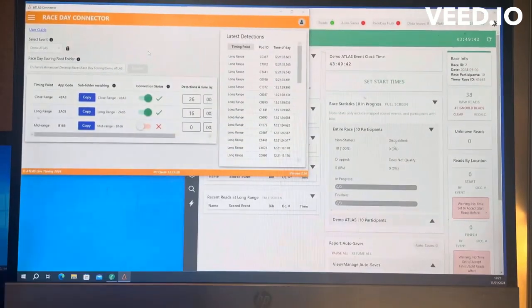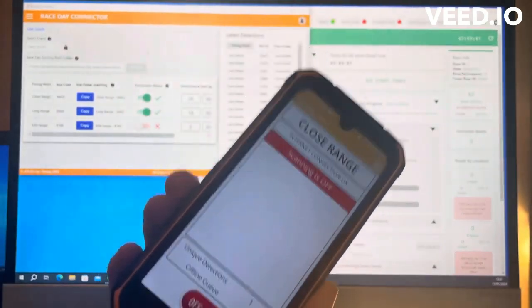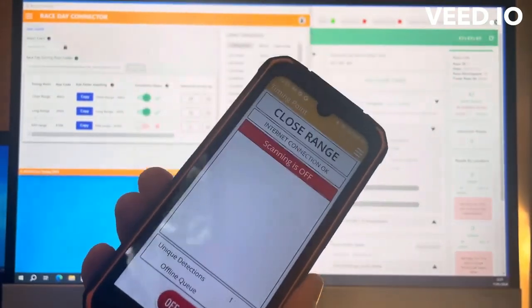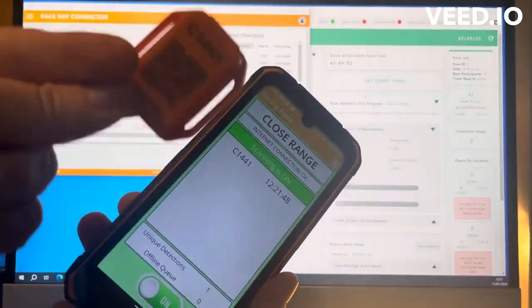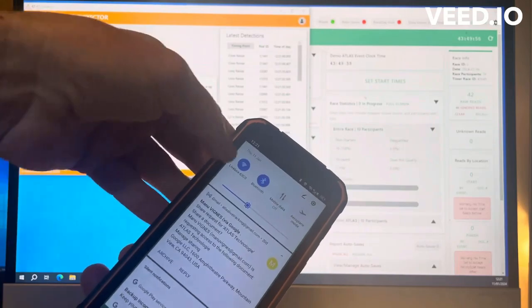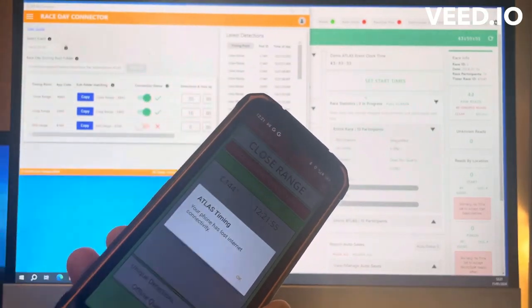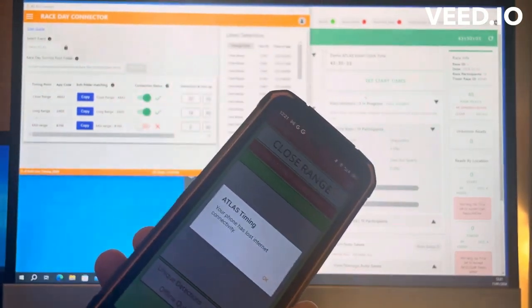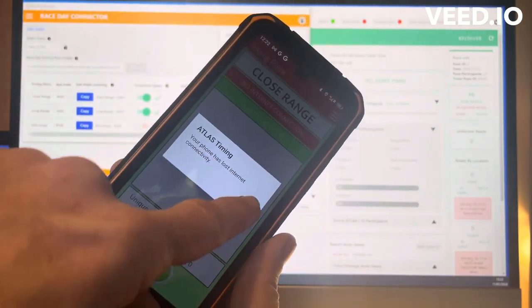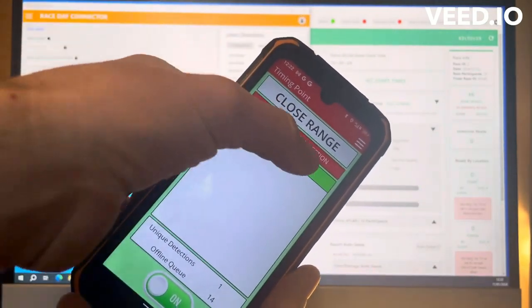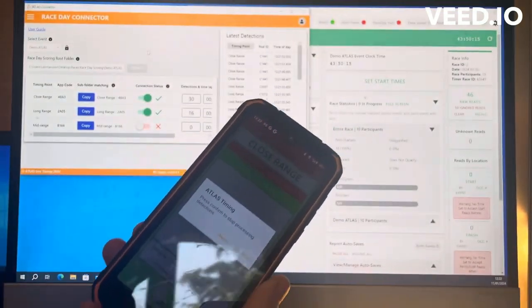Now, a question that I often get asked is what happens if my phone loses internet connectivity during the race? Well, let's have a go and see what happens. So it's now on. I'm going to take the Wi-Fi off, and there's no data connection on this particular phone. Now the phone recognizes, let me just take this arm's length away so it stops beeping. The phone recognizes we have no internet connection. It also tells us no internet connection. However, this phone is able to continue to record